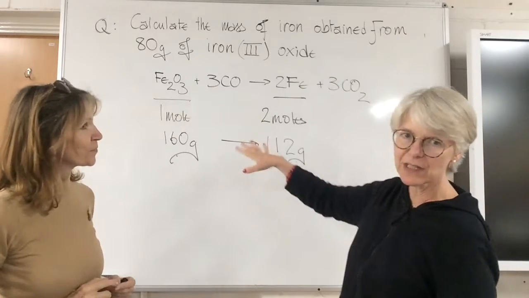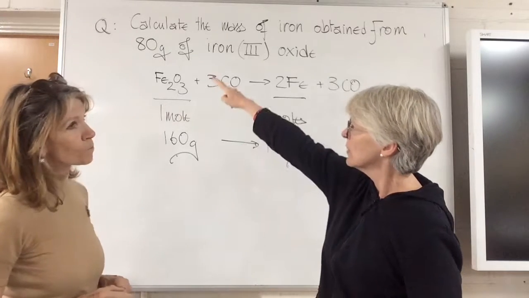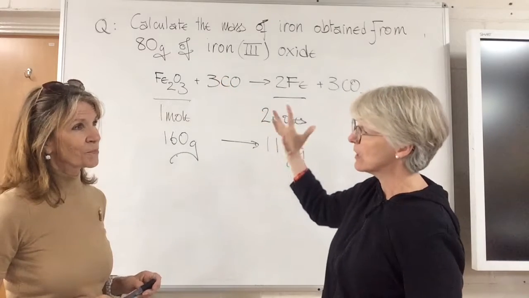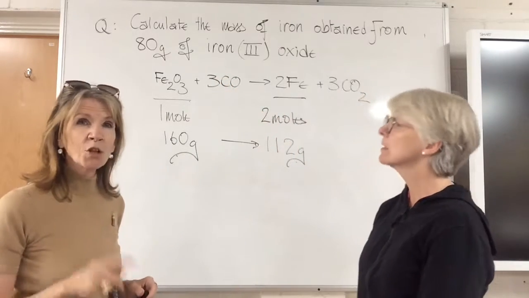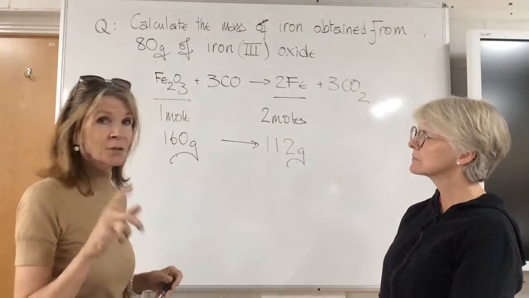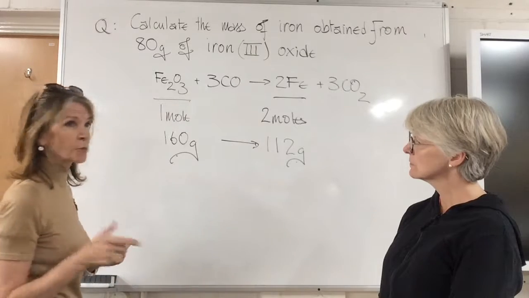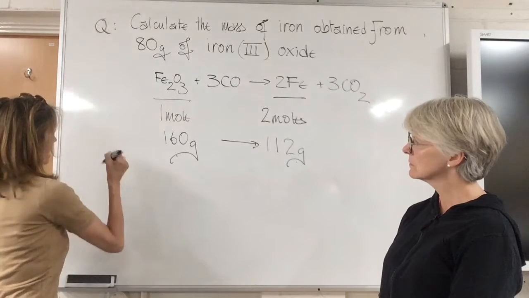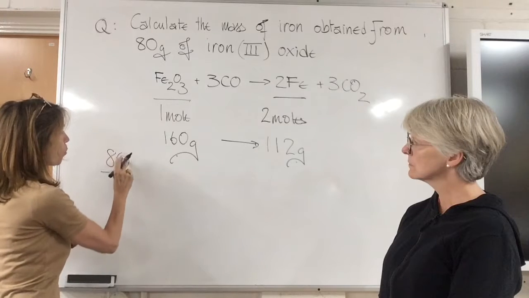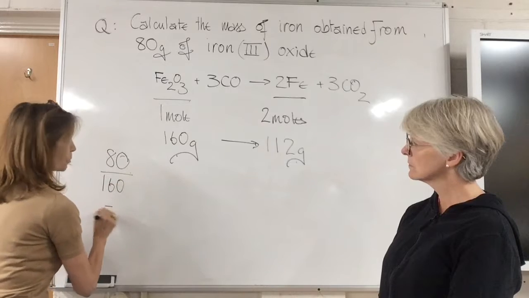Now we go back to the question. Have we got 160 grams? No, we have got 80 grams. So we have to work out what? The number of moles. The number of moles is mass over the MR or AR. So in this case, the mass is 80 grams, so the number of moles would be 80 over the mass of 1 mole, which is 160. So that would give you